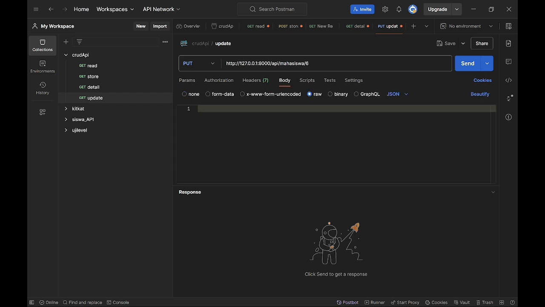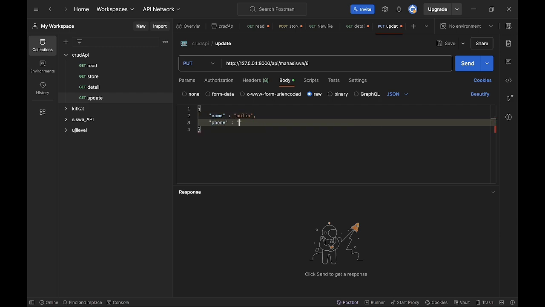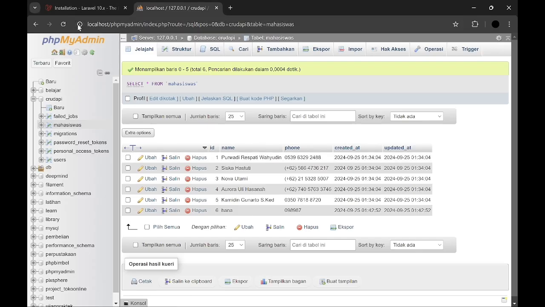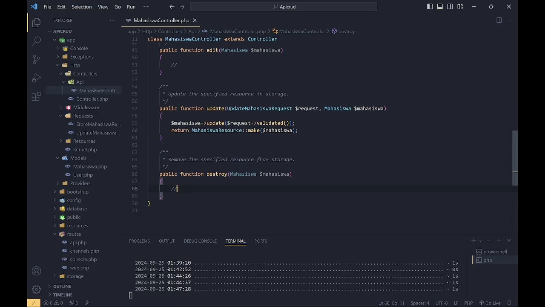I want to change the name from Hannah to Aulia, and then I change the font too, and then we send, and like this the data was updated from Hannah to Aulia.